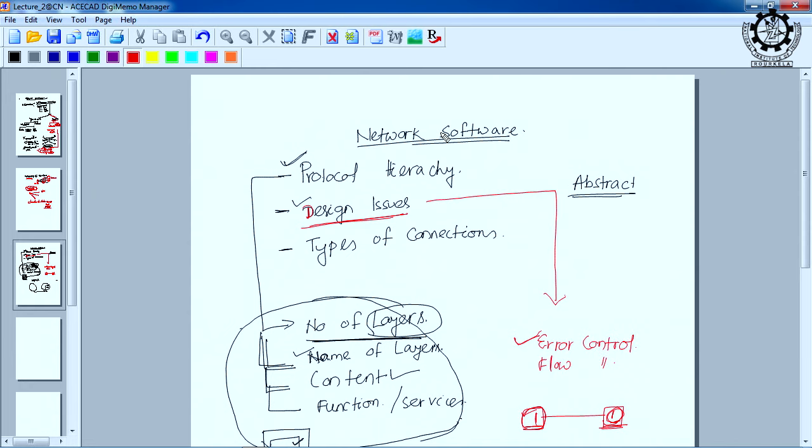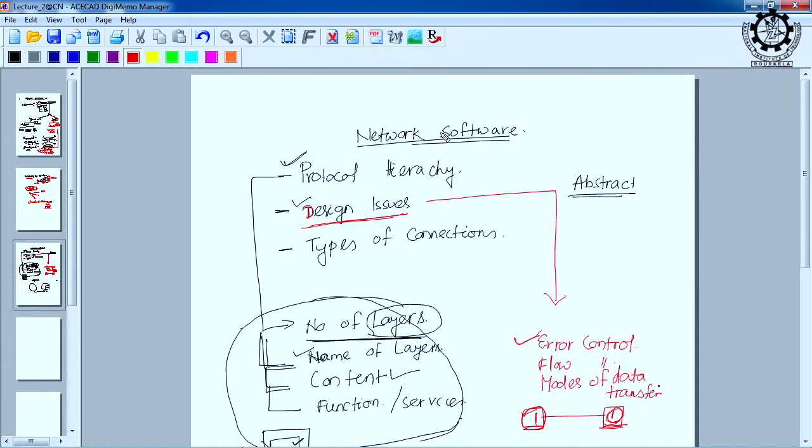Then another feature is the modes of data transmission, modes of data transfer, that we have already seen: the simplex, the duplex, the half duplex and the full duplex. That is also considered in the designing issues. And another important feature that is also considered in the designing issues is the addressing. Addressing means,